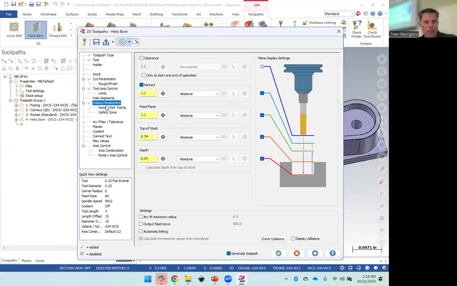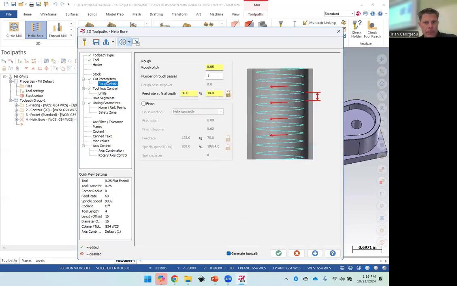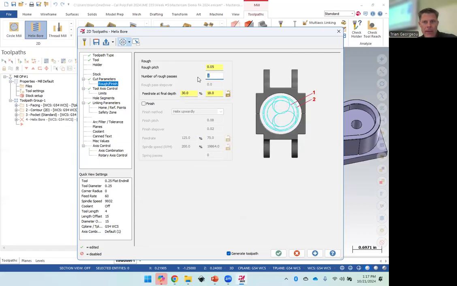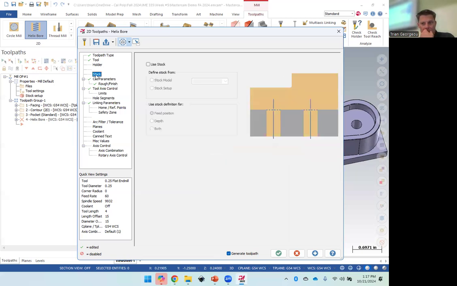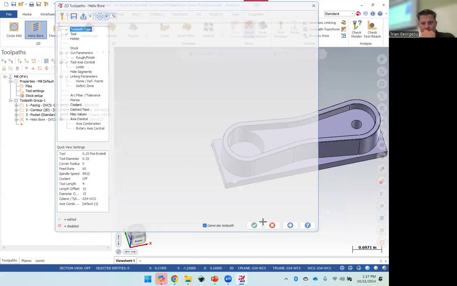Yep, 0.24. And feed rate at final depth. That's good. Number of rough passes. So we're going to have to do 3 rough passes, I believe, maybe 4. One step over. Cool. So when I hit check mark,